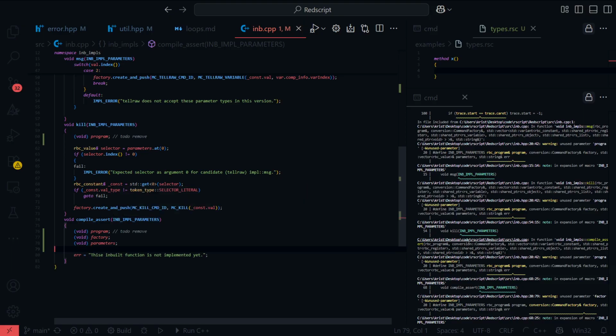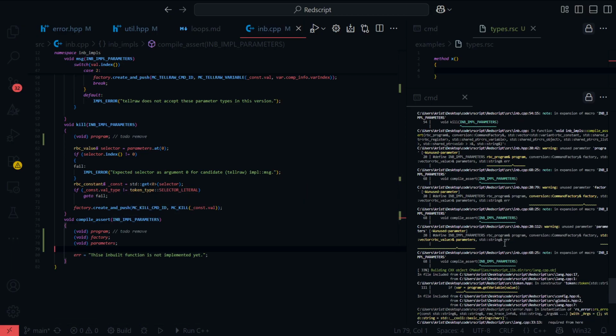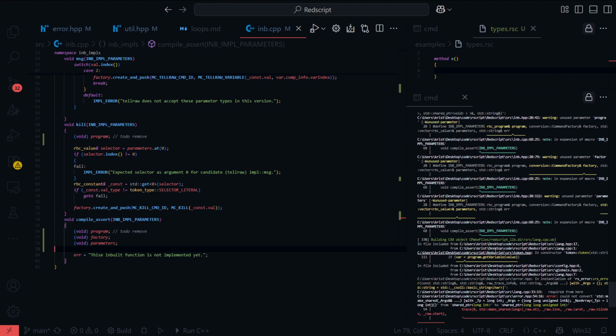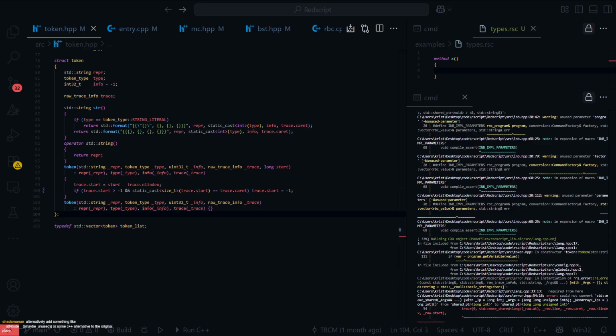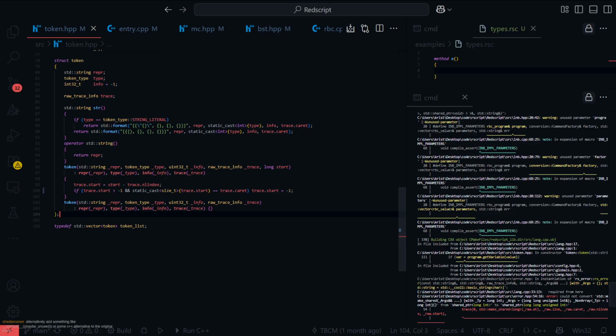That's okay. Alternatively, add something like attribute maybe unused. Can I add that to the function body, or does it have to be behind the variable declaration?